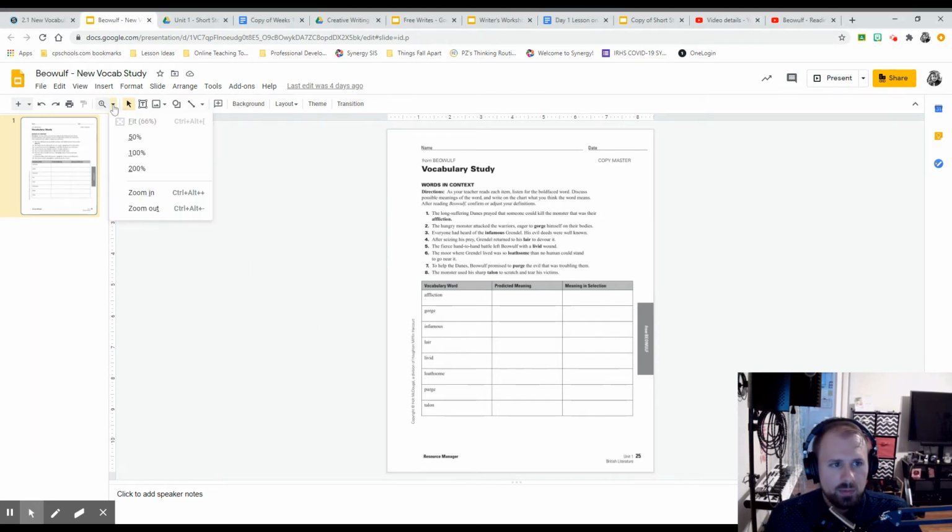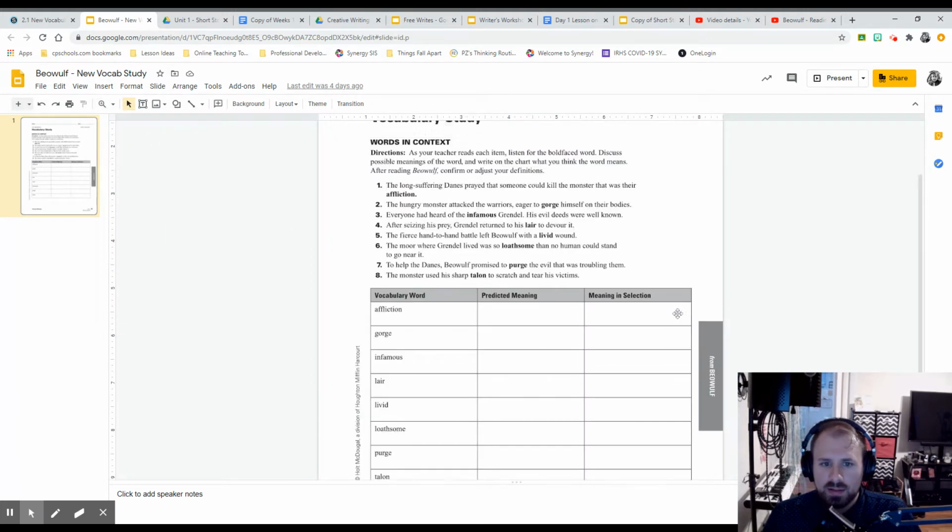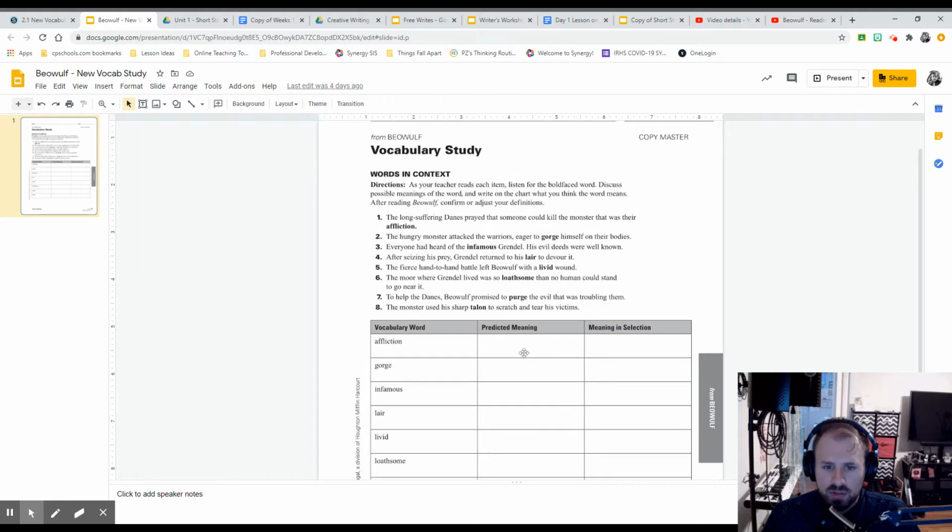So I got some emails from a few students. You haven't figured this out. When you get a worksheet, if it's too far away to read, you want to make sure that you go to this magnifying glass tool up here. It's the zoom tool. You don't have to click on it, but that probably does work. If you hit this drop down and blow it up to 100%, that should make it clear enough to read for most people. So that's how you zoom in, and that's how you also will get your text boxes big enough to work with.